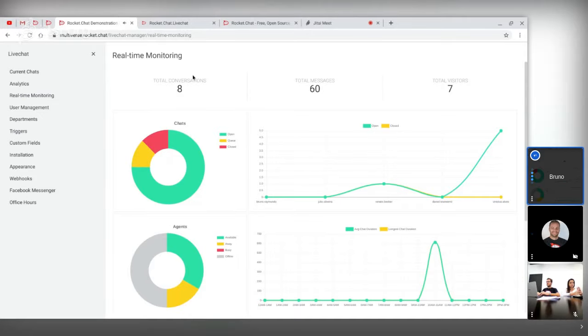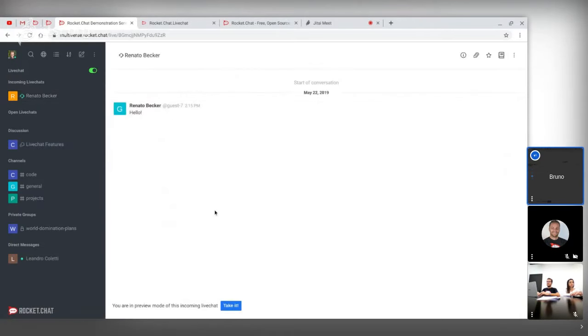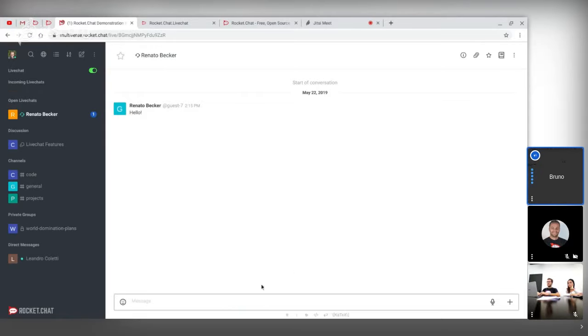So here you can see that the total conversations already increased with the incoming message from Renato. Let me go back and show you how it works. We have an incoming live chat here from Renato. I can have a preview of the conversation, and I can choose to take it because we are using the get pool routing method. So I take it,